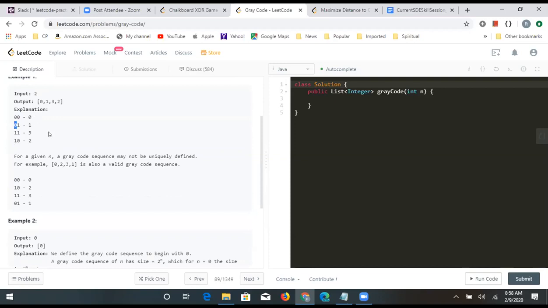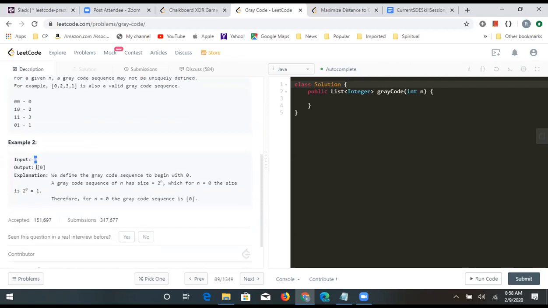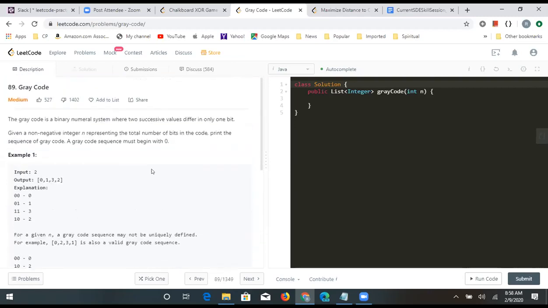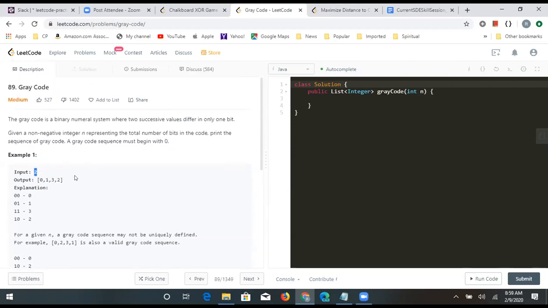If you change in the beginning, that will also be a valid solution. For case 0, you still have to give 0. So you are given a value 2 and you have to return a sequence for the gray code.